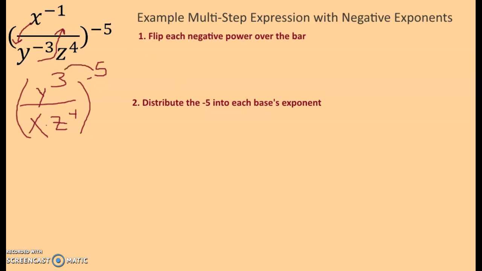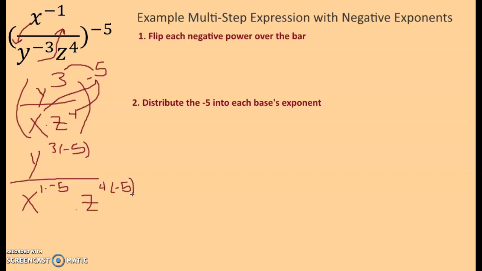So it's going to be negative 5 times 3, negative 5 times 1, and negative 5 times 4. So I'm going to write that out. y to 3 times negative 5 all over x to 1 times negative 5 power times z to 4 times negative 5 power. Okay, multiply these out and then rewrite it. You get y to the negative 15th power divided by x to the negative 5th power times z to the